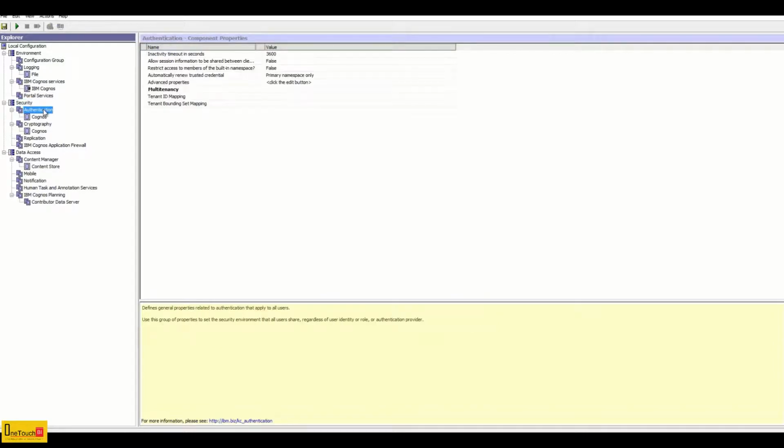We'll move on to security. Under authentication, the default timeout is 3600. I want to increase this to 7200, just double it. The reason is when you're configuring any LDAP authentication, if your LDAP server is not responding in a timely manner, it will throw the authentication error. To avoid that error, it's good to have that increased timeout in seconds. Let's change it to 7200.